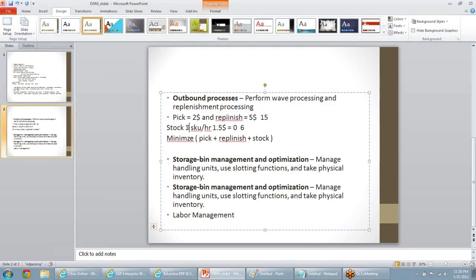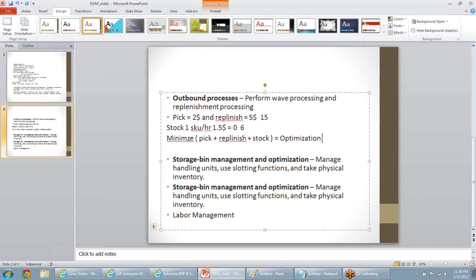Or if my stock is large but the number of replenishments is small, then keeping the replenishment is much better. So you will have different features for different products. In any warehouse, you know there are fast moving goods and slow moving goods, and it all depends on the season also. Suppose in the winter, jackets will be fast moving, whereas the summer wear will not be moving at all. So you have to reorganize so that you minimize this particular cost. At the end of the day, it becomes my optimization.